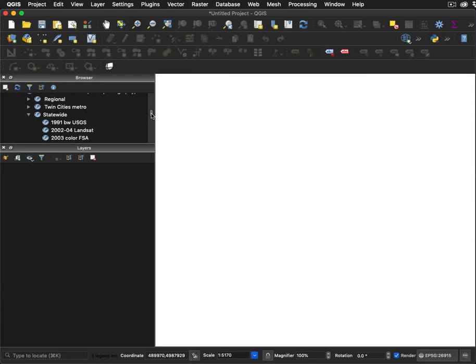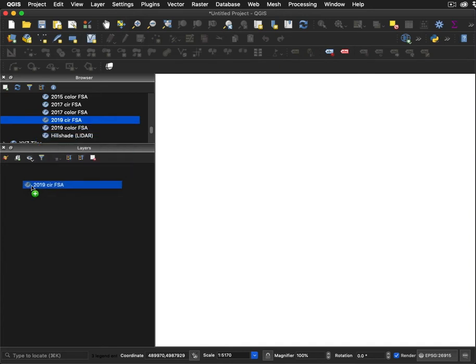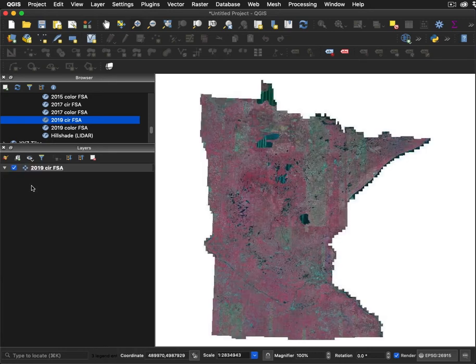And then here we have a bunch of different images. So 1991 black and whites, Landsat data, 2003, all the way up through the latest 2019 FSA data. There's also a LiDAR hillshade if you want, from the statewide LiDAR data. So I'm going to display the 2019 color IR Farm Service Administration. So I'll left click and hold and drag it down into my layers panel, this table of contents here,